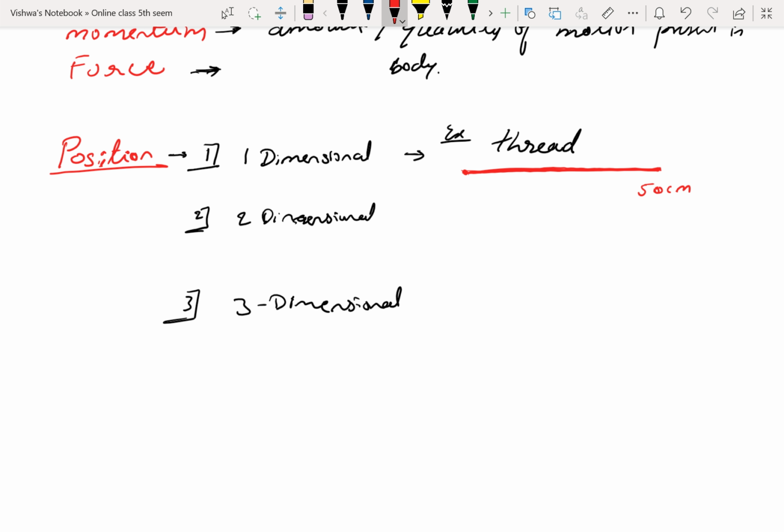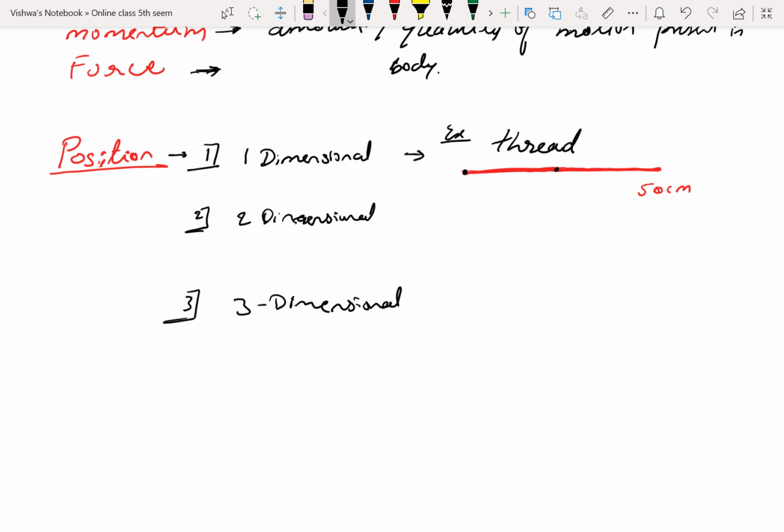Along this length we are going to measure the length. So this kind of structure or this kind of phenomena, that we call one dimensional. Okay, now the representation of position in one dimensional space. Space means 3 dimensions. Okay, in one dimensional,